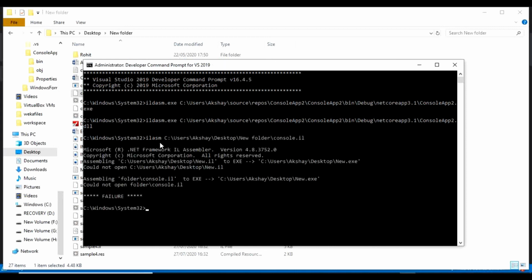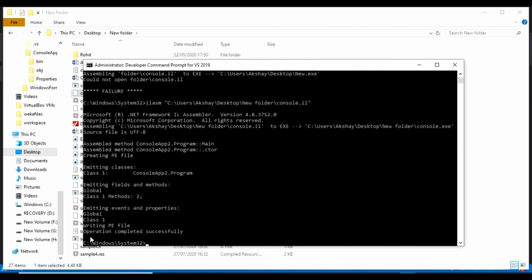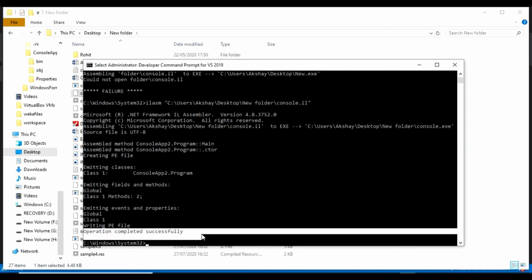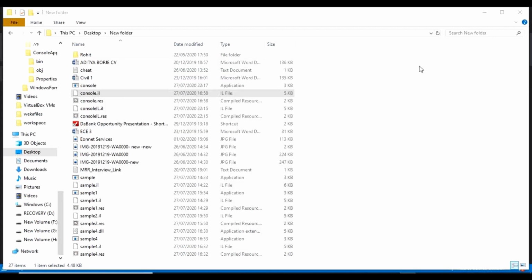Control V. I have to put this in inverted commas. I will run it. The operation completed successfully. So it must have produced the assembly in the same location.